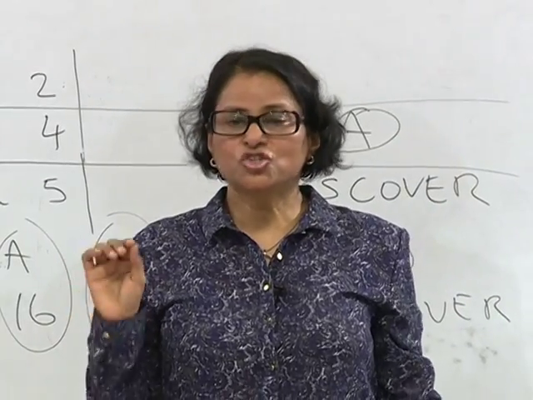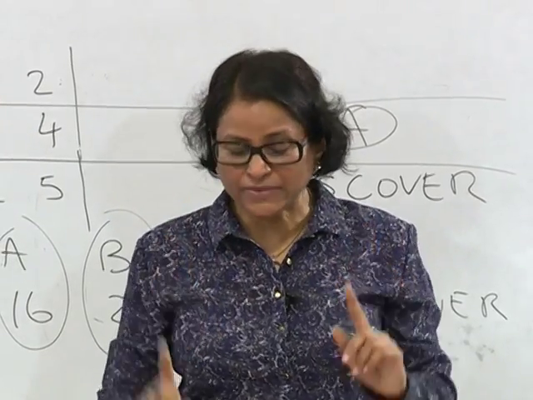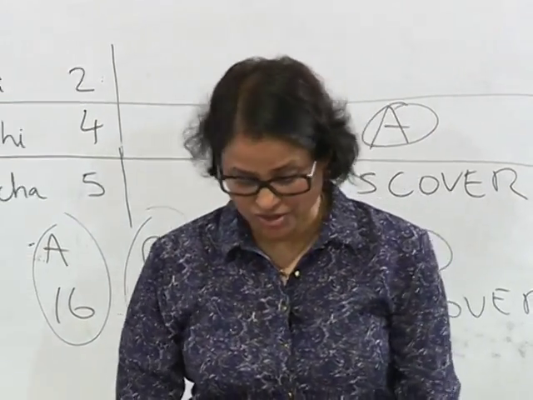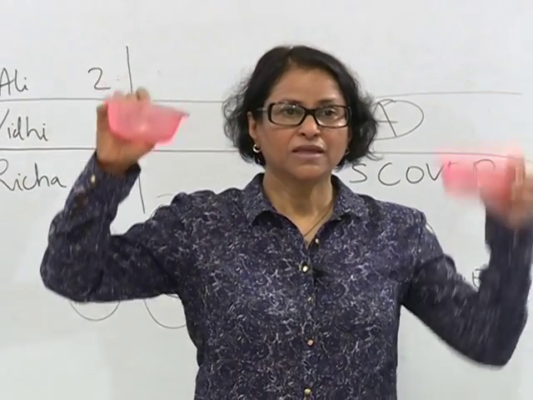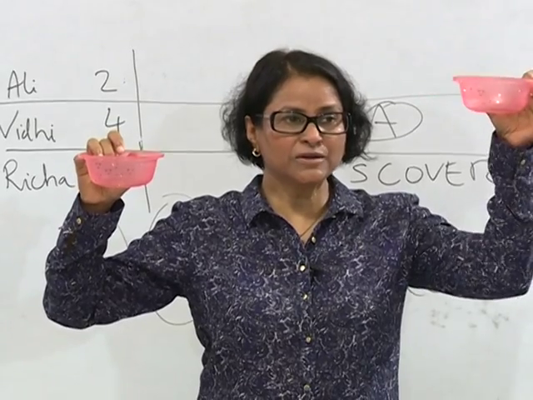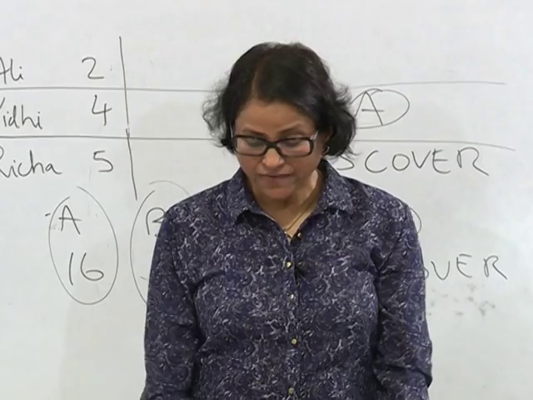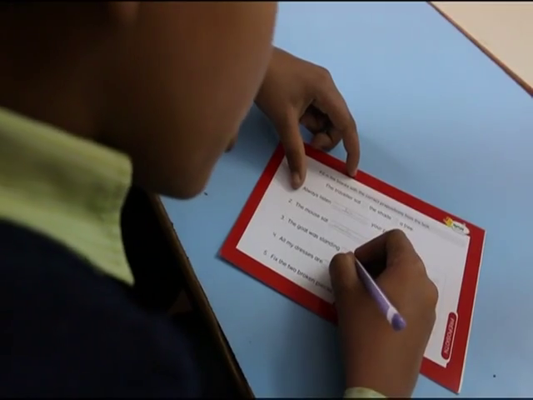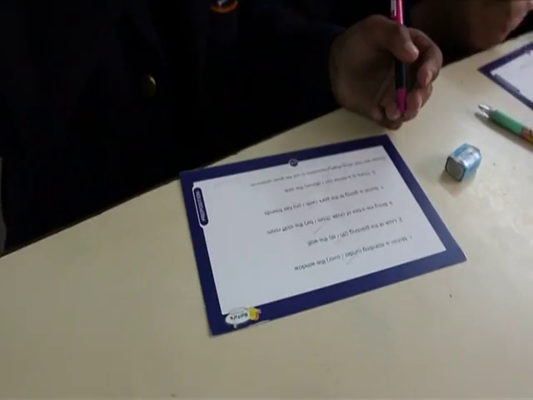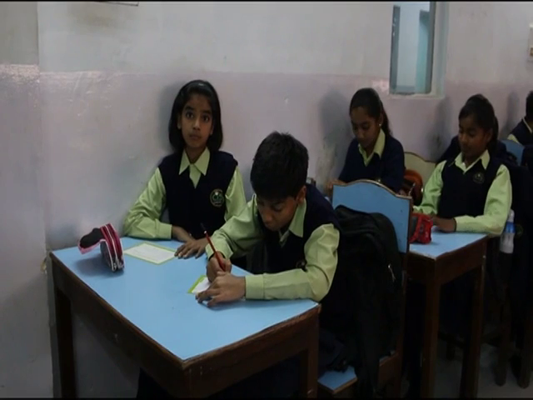Now I'd like 2 volunteers, please, from these rows to collect the materials. Let me give the instructions properly to you. In one bowl collect the red buttons, right? In another bowl collect the green buttons. So first I'd like you to go and collect red and green buttons. Then I'd like you to collect all the 100 boards. Relationship of the noun or pronoun with whoever I call will come and write the